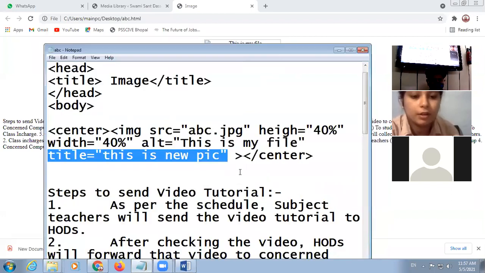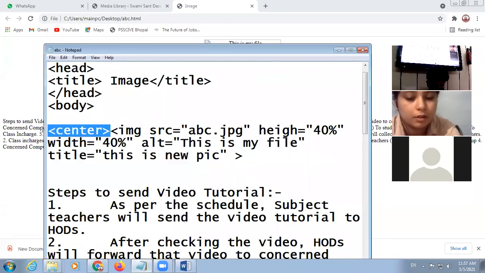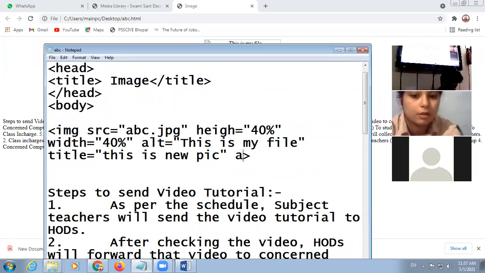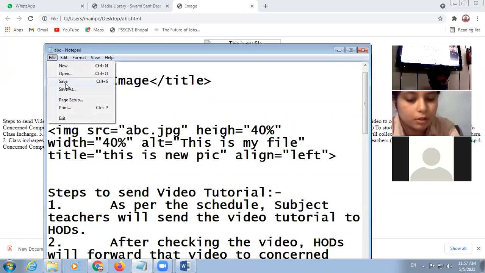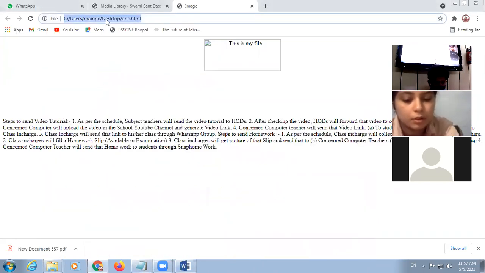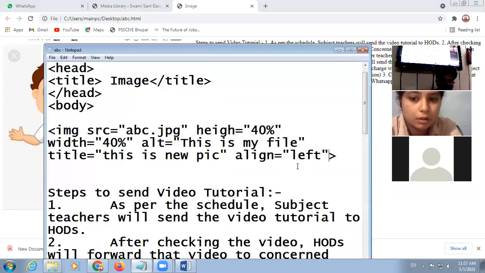Next is align. I am giving here align equal to left. So the image is on the left hand side along with the text. Now there are two more attributes of the img tag. One is called